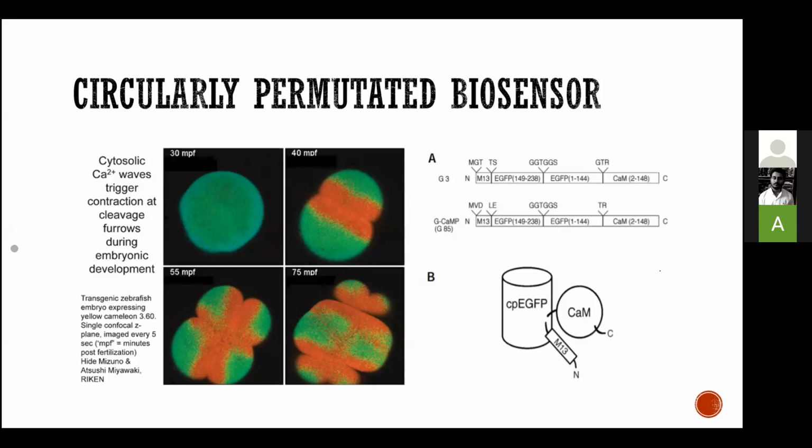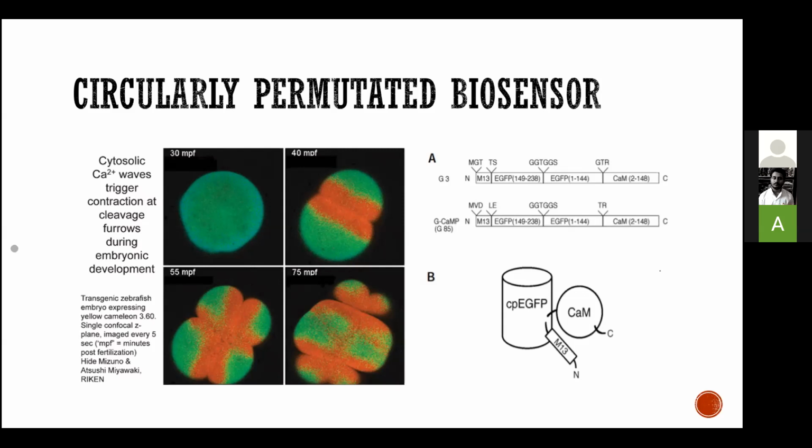What role does this GGTGGS have? Basically this GGTGGS was a linker. So these guys tried attaching the EGFP by permuting it, attaching 238 and then 1,